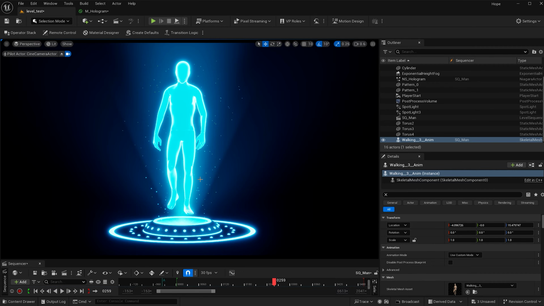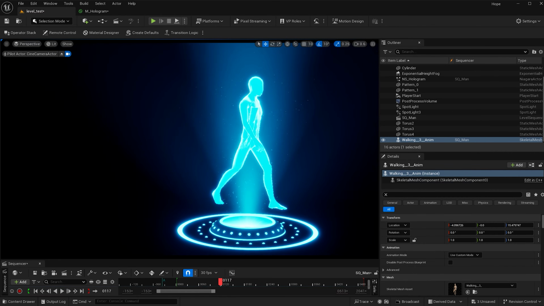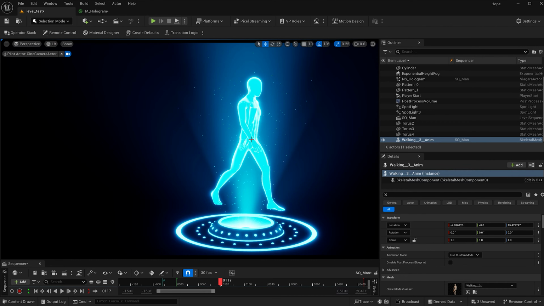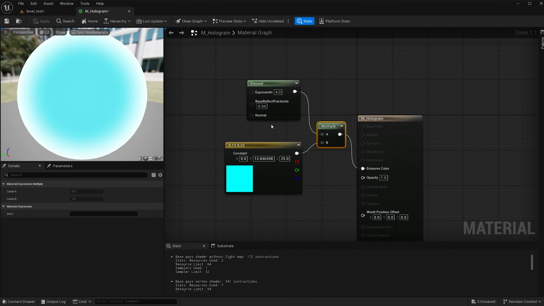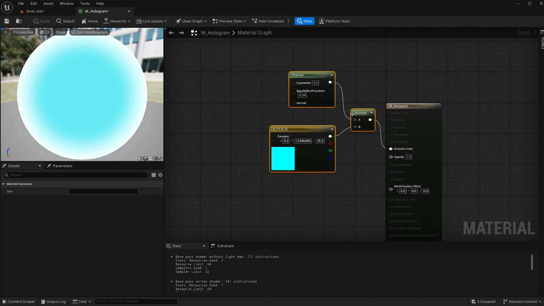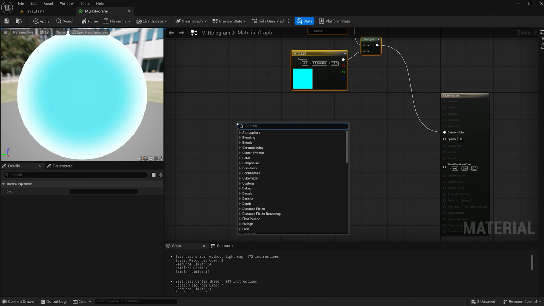which is great. Now one thing I'm not so fond of is this happening right here. We can see through our character completely, and that creates such a weird looking silhouette. So I'm gonna go ahead and fix this. So if we go back to our material here, let's push this higher, and let's go ahead and add a